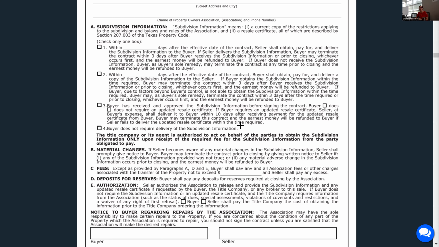If the number 4 is the buyer does not require delivery of the subdivision information. Maybe they're buying a lease property and they already have one in the same area, or they live in the area or something like that, then the buyer may not require it, but I guarantee the title company is going to want a resale certificate, okay? So down here,